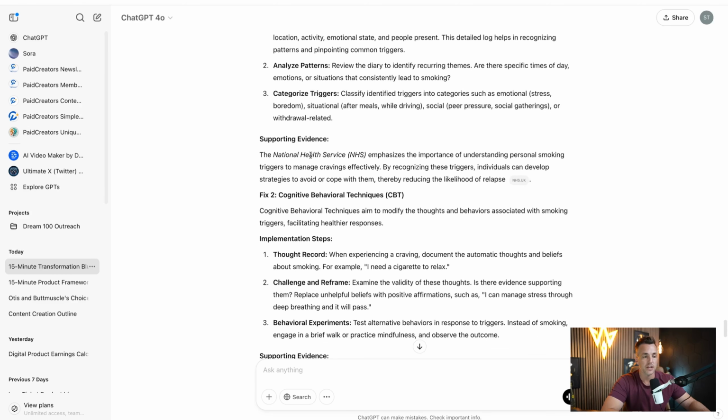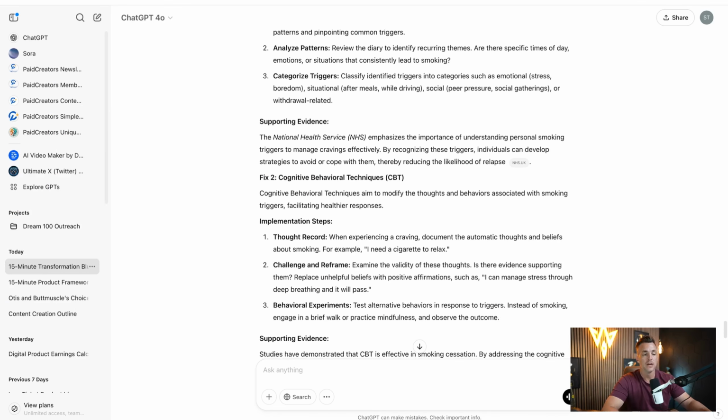Supporting evidence. The National Health Service emphasizes the importance of understanding personal smoking triggers to manage cravings effectively. By recognizing these triggers, individuals can develop strategies to avoid or cope with them, thereby reducing the likelihood of relapse. What's really cool is we can also use a marketing tactic as we build this out, because you'll notice